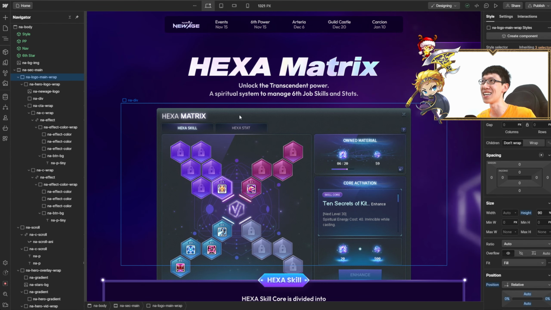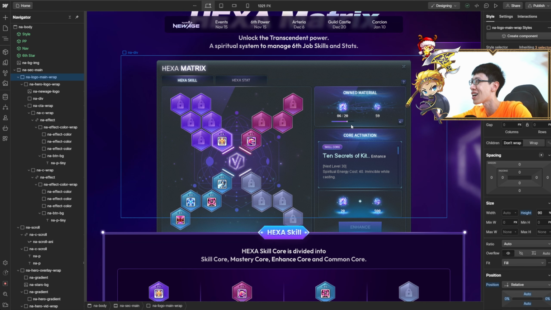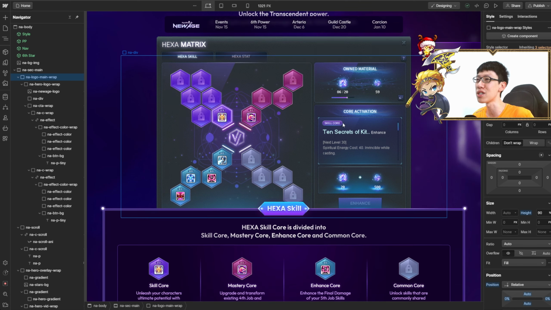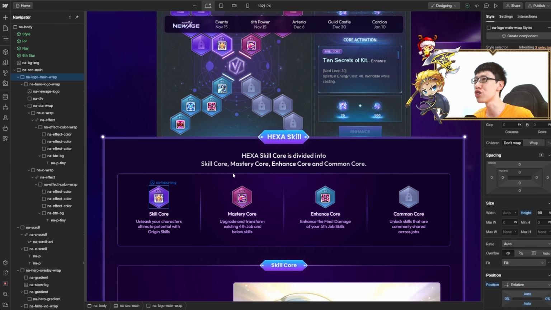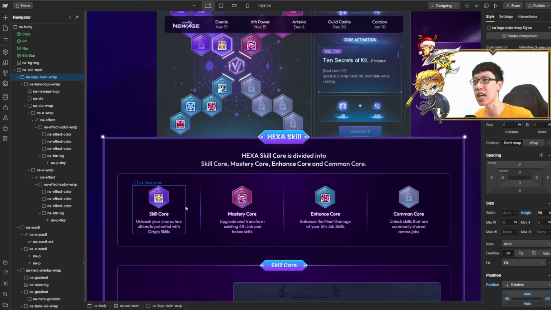Okay, this is the part that I actually mentioned that I wanted to make explanatory, like the 6-star event, but I tried to do it, it's not working. To be honest, it's just too confusing, and there's too many things coming out of the left, right, and center. I feel like it makes the site look too complicated for a user to understand. And I'm really like, nah, I'm not gonna do that. I'm just gonna split it up like this, okay? We're gonna introduce the cores over here: Skill, Mastery, Enhance, and Common Core, right? Straight to the point, don't want to do any explanation over there. I'm just gonna explain it down here.